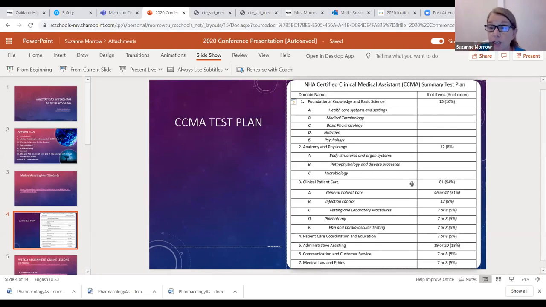So you know that you really have a lot of this clinical patient care, specifically general patient care, and very little of medical law and ethics. So as you're designing your curriculum, doing your pacing guides, figuring out which assignments you want to make sure that you're covering online, assigning online modules, you know which areas you really need to focus in on to best support your students in